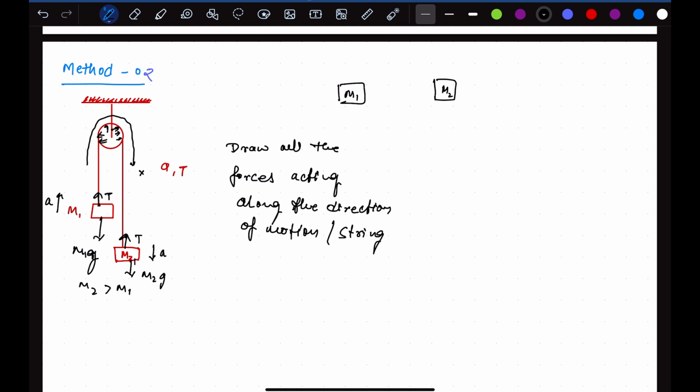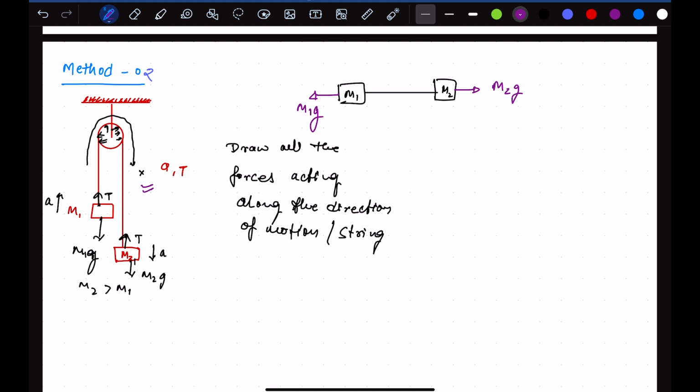So when I take it on the horizontal like this, I will draw the forces which are along the direction of motion. m2g is in this direction, positive x. This is our x-axis, so positive x m2g, and then there is m1g like this. Now T becomes an internal force, and the normal is not along the direction of motion; it is perpendicular to it and will not affect the motion, so we will not draw it for the x direction.